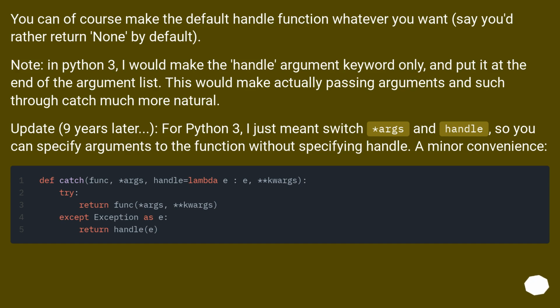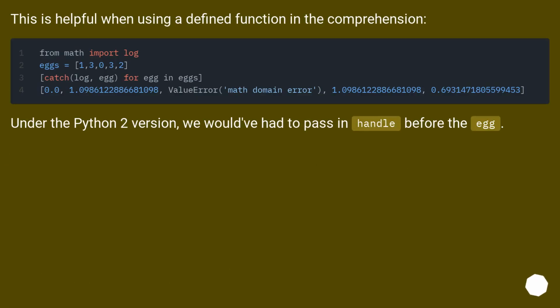A minor convenience. This is helpful when using a defined function in the comprehension. Under the Python 2 version, we would have had to pass in handle before the egg.